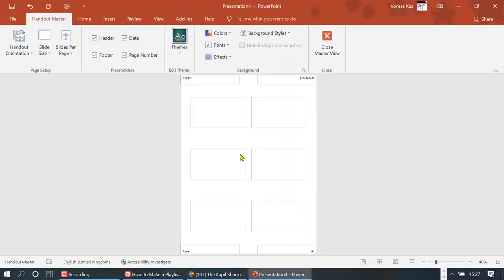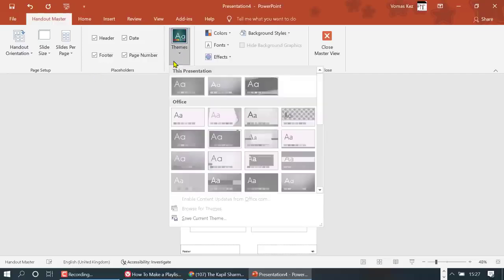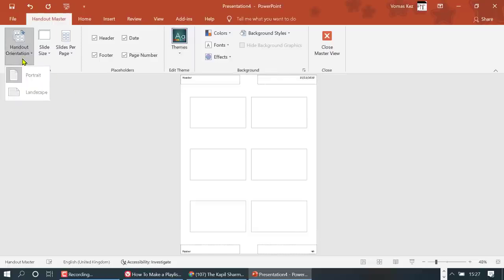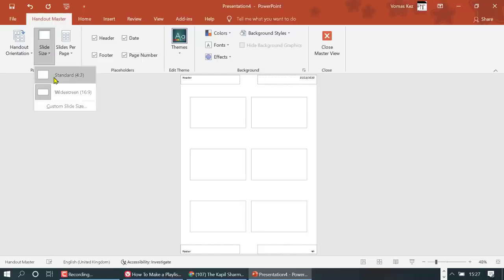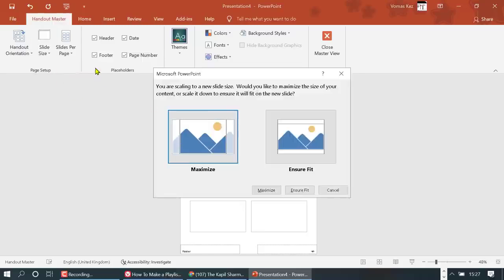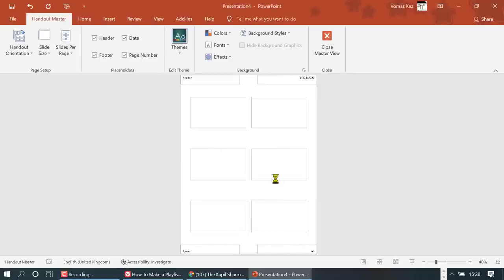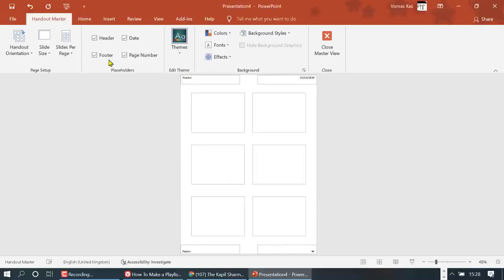There is the options, but you want to see this theme's effect. So firstly, select slide and select normal,